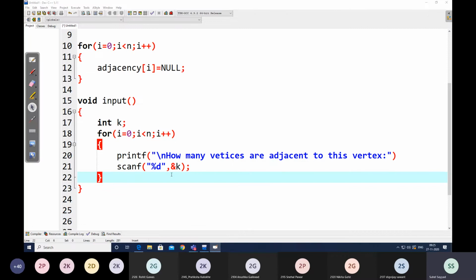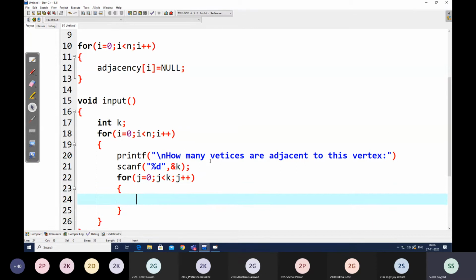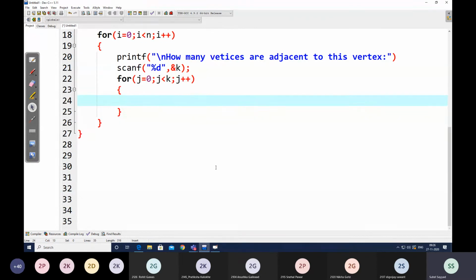So what we can do is simply write create at start or create at end logic. We can directly call the create at start or create at end logic over here because we want to create that node k times. So for that k, I am writing one j loop, j is equal to 0, j plus plus. So the create node function will be called k times, right?